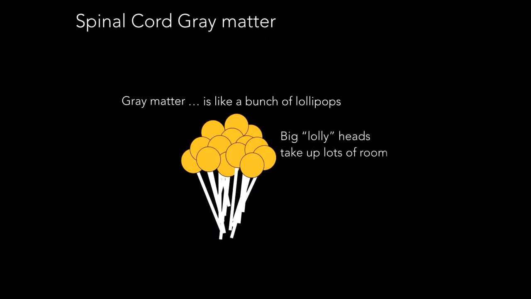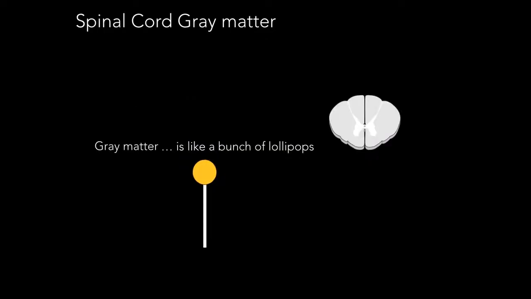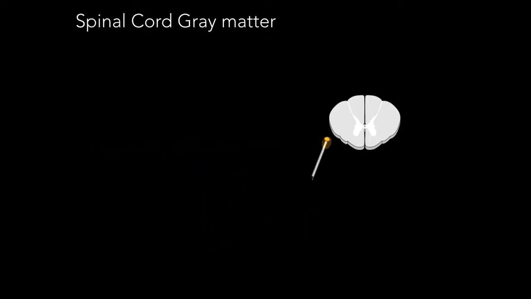And so big lolly heads take up lots of room. Thin lolly stems do not. Gray matter is like a bunch of lollipops. You see a big lolly head and a thin lolly stem. Well, instead, it's a neuron, where you have a big neuronal cell body and a thin axonal stem. And then we take that and superimpose it into a spinal cord. And you see that orange circle is the cell body of a neuron. But know that there is not just